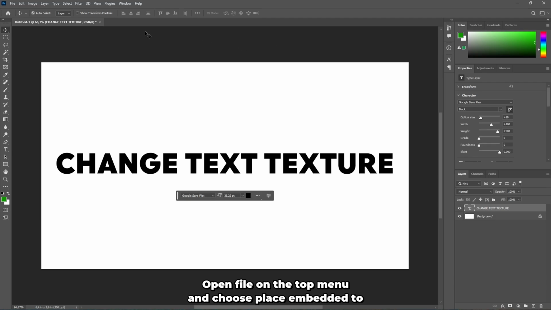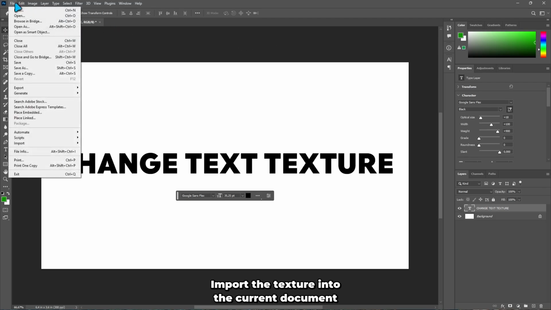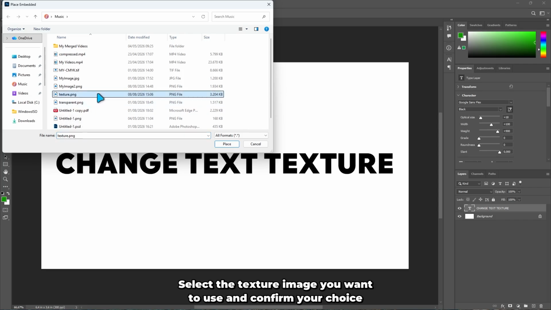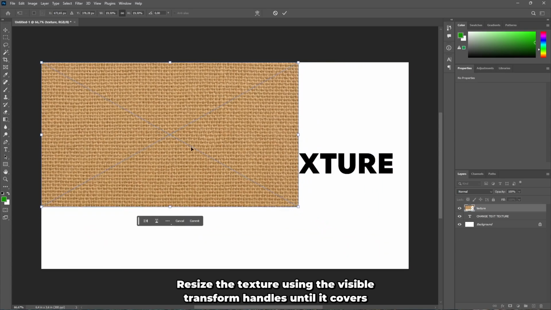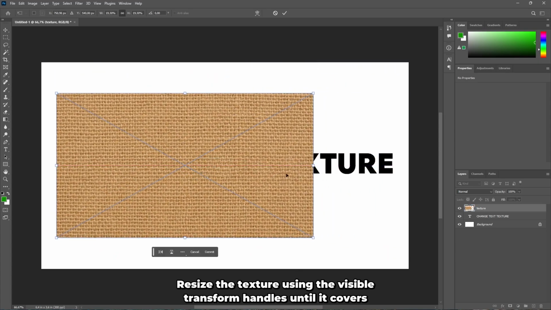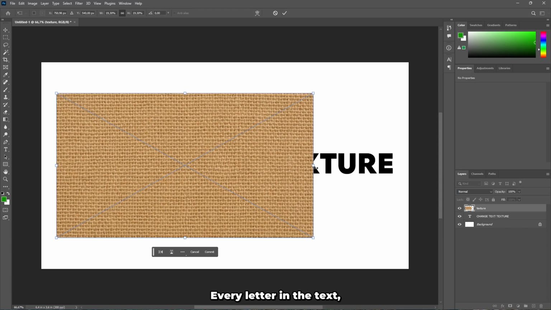Open File on the top menu and choose Place Embedded to import the texture into the current document as an editable smart object. Browse through your computer, select the texture image you want to use, and confirm your choice. In the Layers panel, make sure the new texture layer is positioned directly above the text layer, dragging it into place if necessary. Resize the texture using the visible transform handles until it covers every letter in the text, then